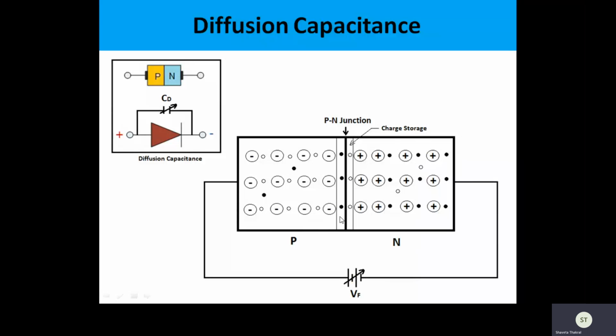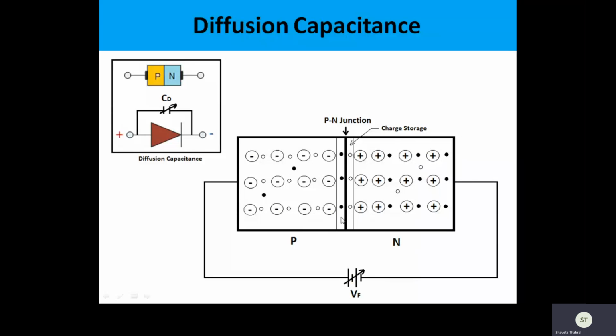When they start moving towards the p-type region, they will act as the minority charge carriers in the p-type region. So they start moving in the opposite direction. Obviously when they start moving in the opposite direction, there will be recombination between the electrons and holes. But the diffusion process is a time taking process, and that will take some time in the recombination. Till the time the recombination takes place, we assume that they start accumulating near the junction.